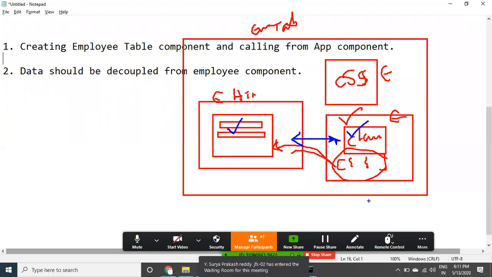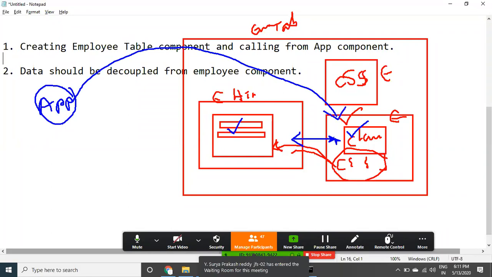But I want to make it generic. So from the app component, my intention, second task, from the app component I will provide the data to the table component. Whatever data comes from the app component, that data is going to be taken by this component class.